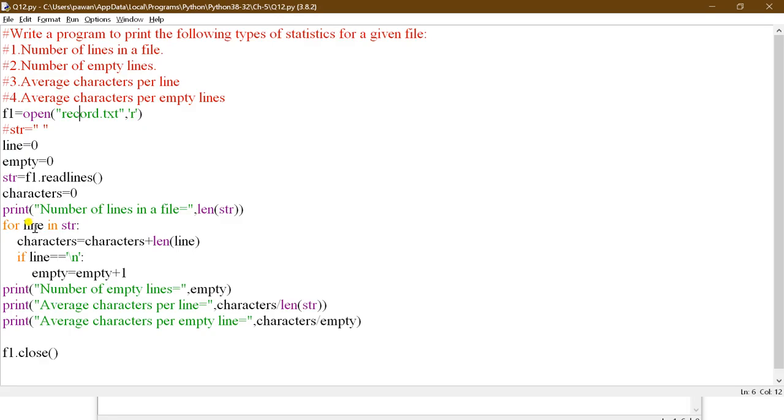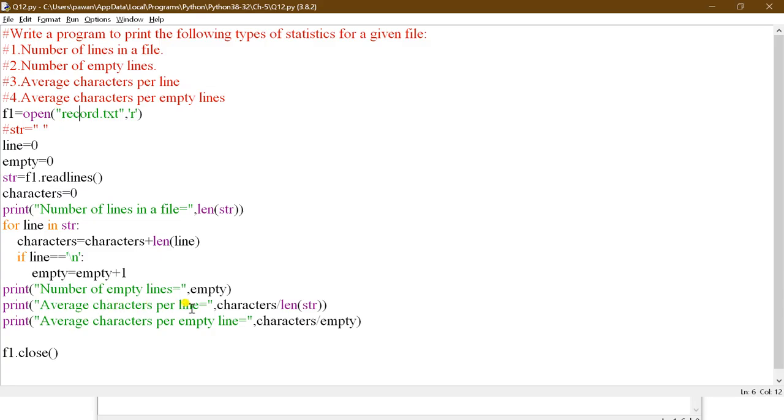So whatever line it has taken, it will calculate the total length and then add it with characters. If line is equal to \n, if any line encounters \n, then it will increase the value of empty by 1. Then you have to print number of empty lines.